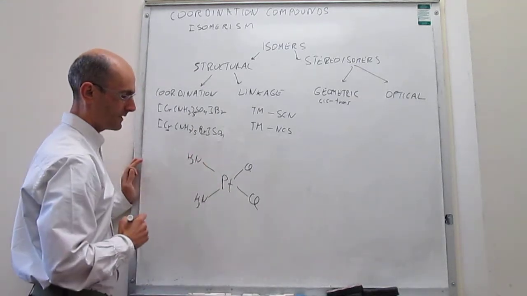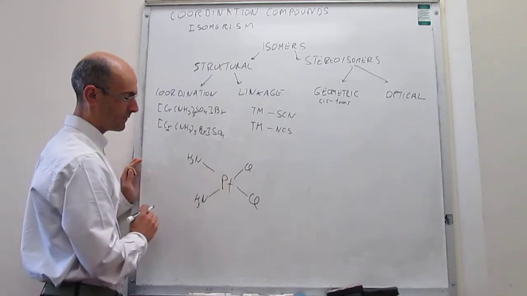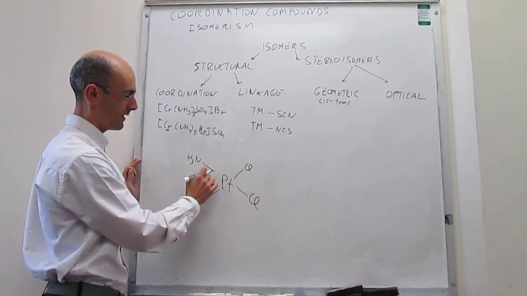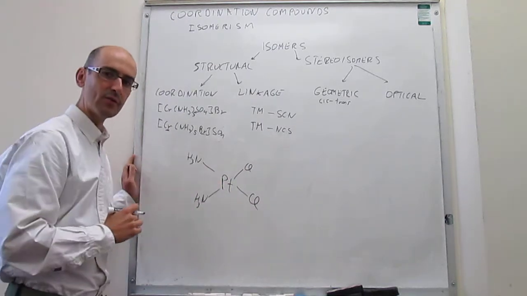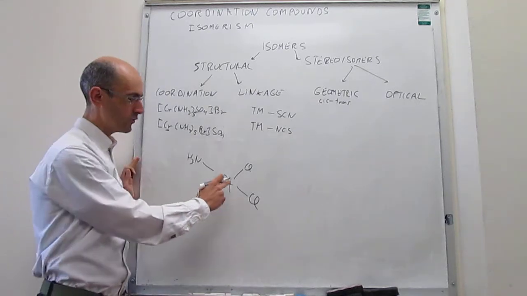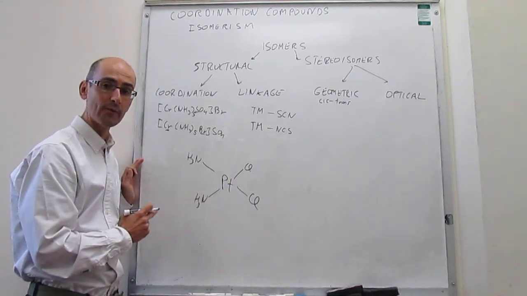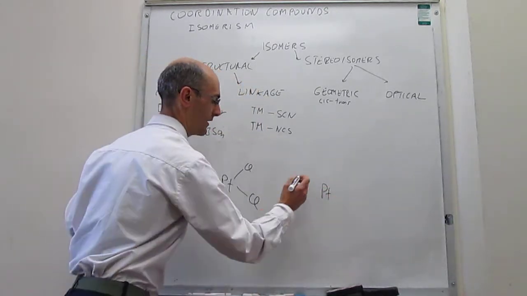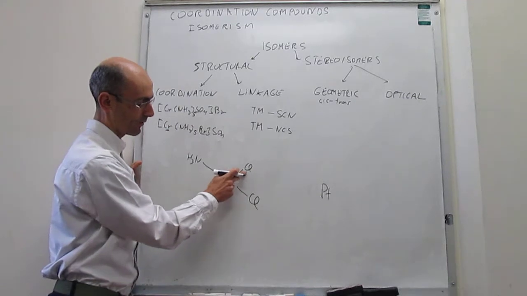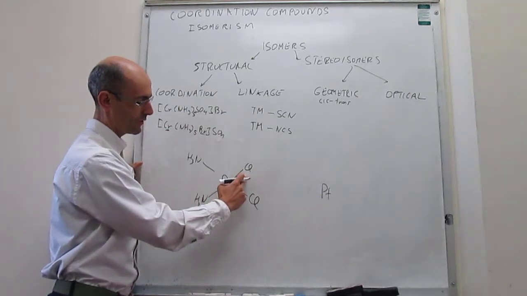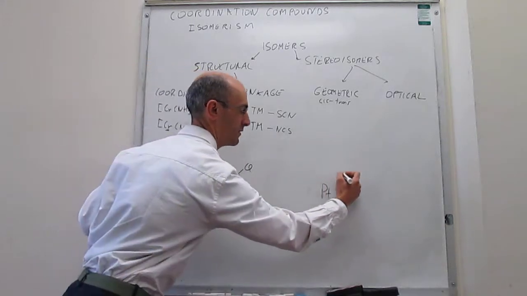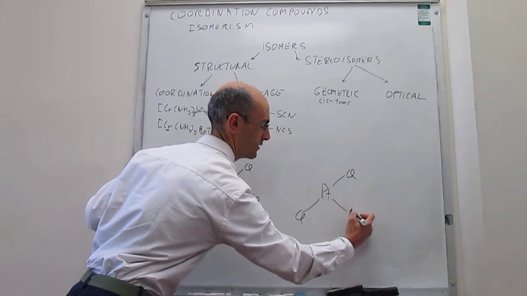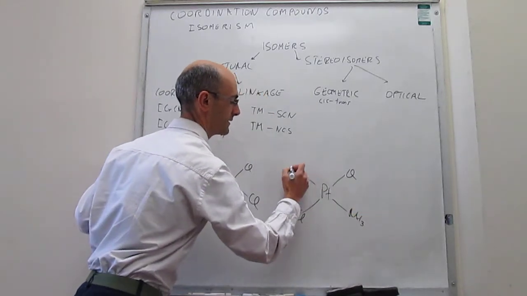Okay, but notice that this platinum(II) complex has 2 chloride ligands and 2 amine ligands. There's actually a choice about how you arrange those ligands around the platinum. You can have that, or you could also have a situation in which the chloride ligands are not close to each other but opposite to each other, right? So you will have this and then that, and here you will have the 2 amine ligands